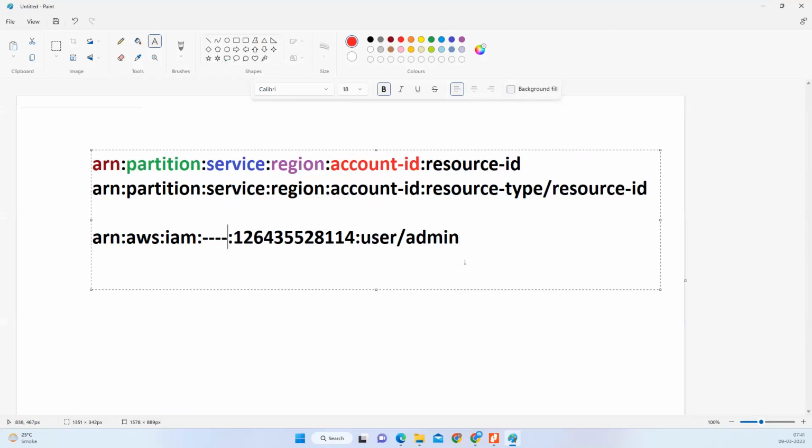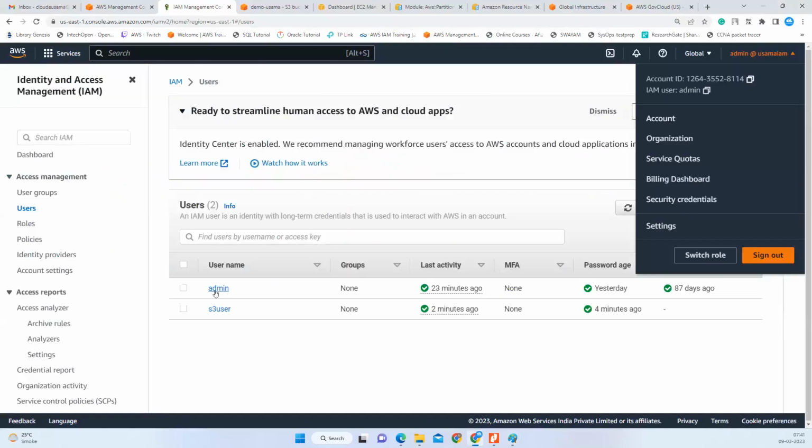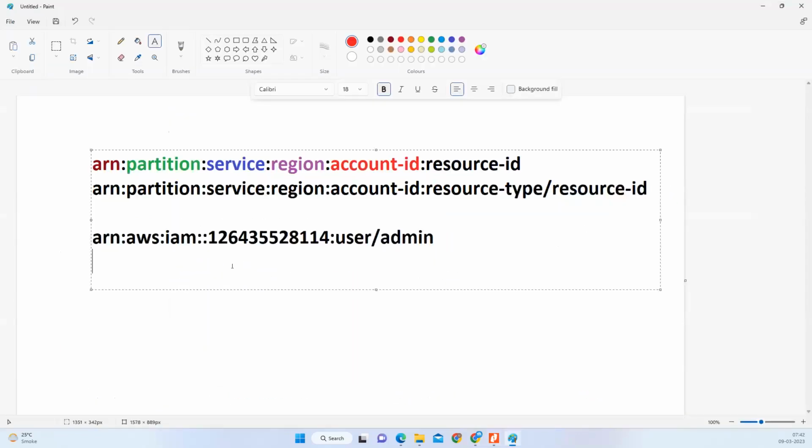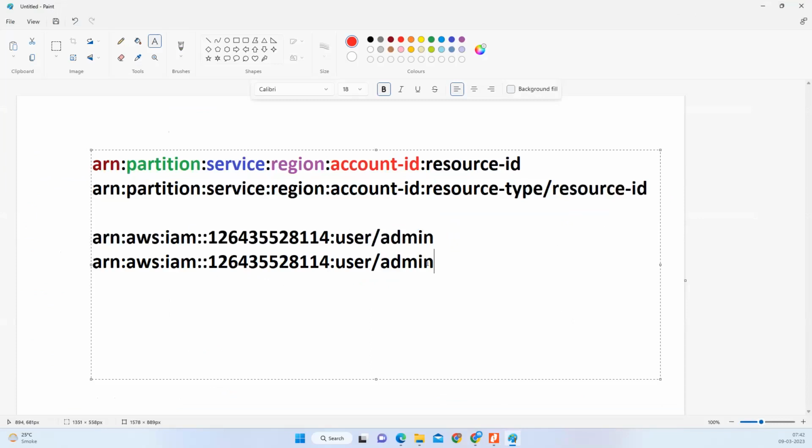तो यहाँ पे डैश डैश जो किया है ना उसको मैं रिमूव कर देता हूँ because I don't need that. So this is the ARN that is very similar to the one which you will get from the console. तो admin पे जाना है हमको। I just copy this ARN. मैंने कॉपी किया, यहाँ पे पेस्ट कर रहा हूँ। Is there any difference? No? सिंपल है ना? People get confused with the ARN. उनको ये पता ही नहीं होता है किस तरीके से लिखते हैं, right? But you all know how to write the ARN because we wrote this ARN manually, right? हमने टाइप करके लिखा है ये सारी चीज और हमने मैच किया तो बराबर से आ गया सब चीज।